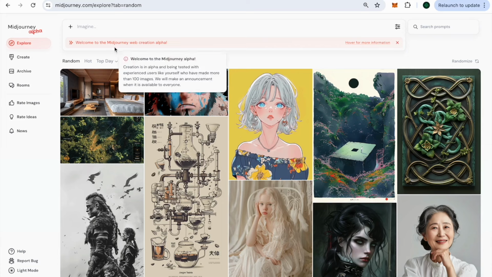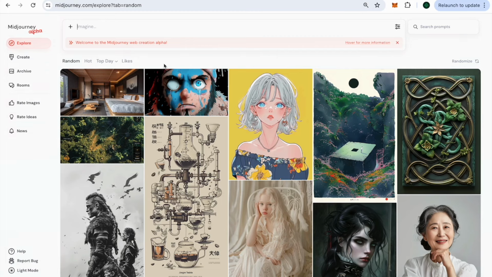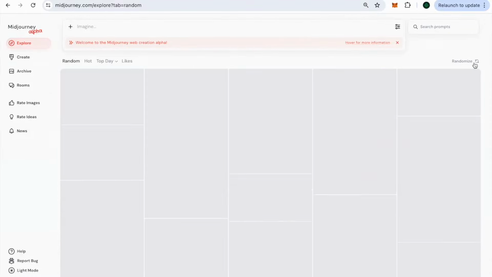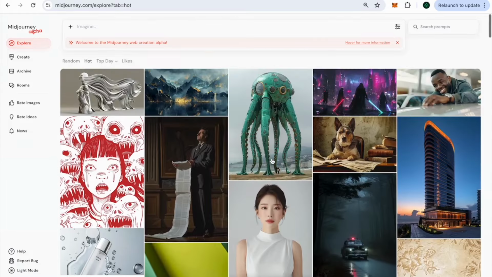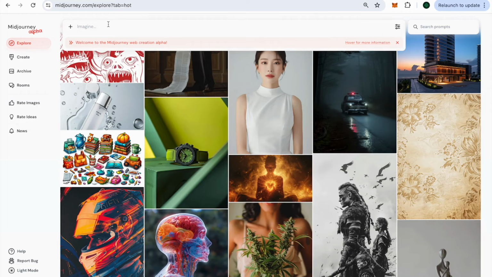So one thing that you can do is write it in here. Let's say Chihuahua, but before I do that, I would like to get inspired by what exists. You can do that with the randomize button. You can always get different images that have been generated and that capture your mind. You can see what is currently rated as quite hot. Okay, here is this tower that maybe I like, and I think I'm going to generate a Chihuahua in Seoul,